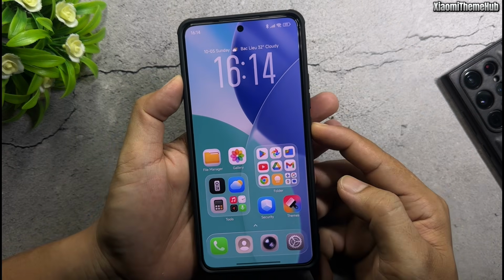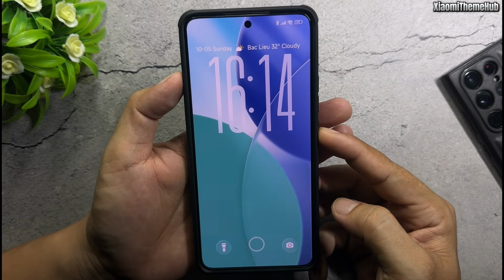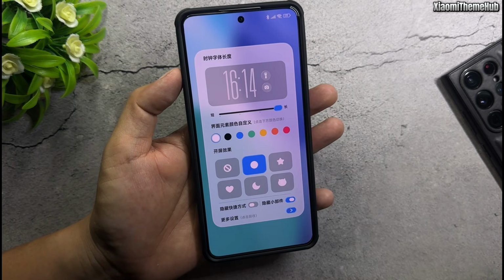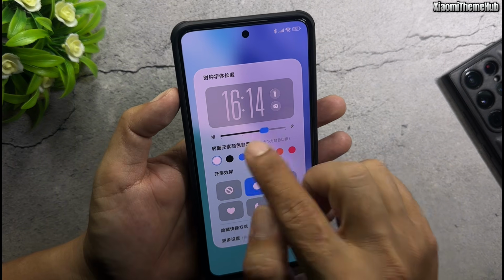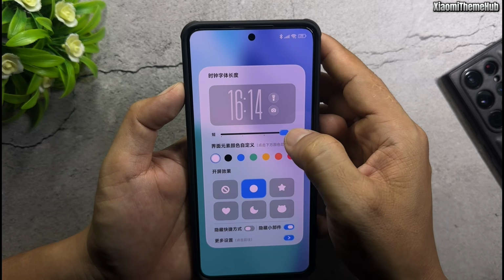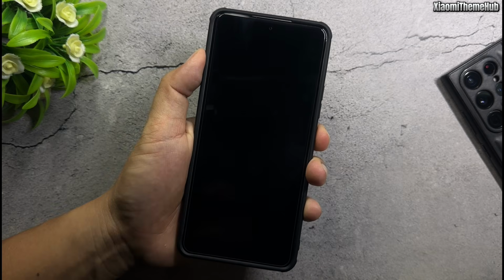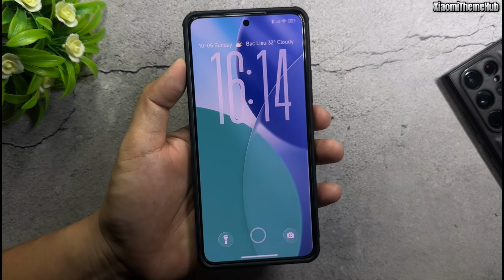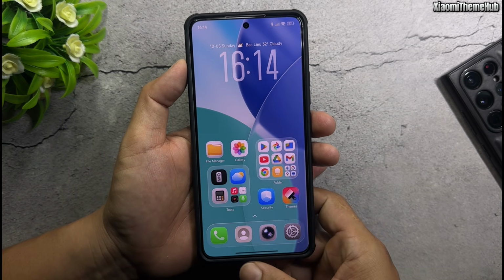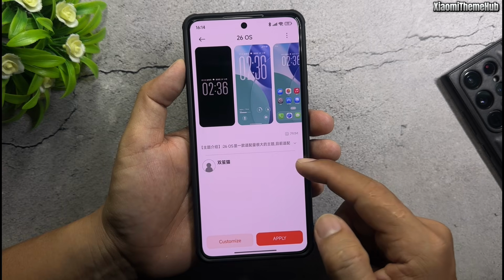This theme is quite beautiful, featuring an iOS 26 inspired design with customizable widgets. The lock screen includes multiple screen wake-up effects. To change the lock screen wallpaper and access more advanced options,